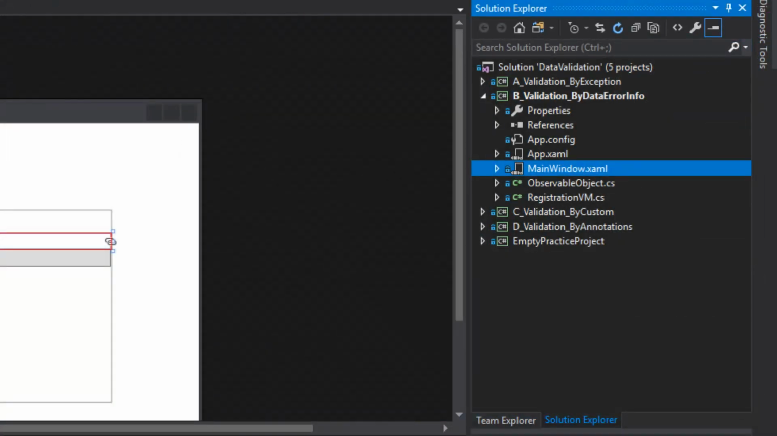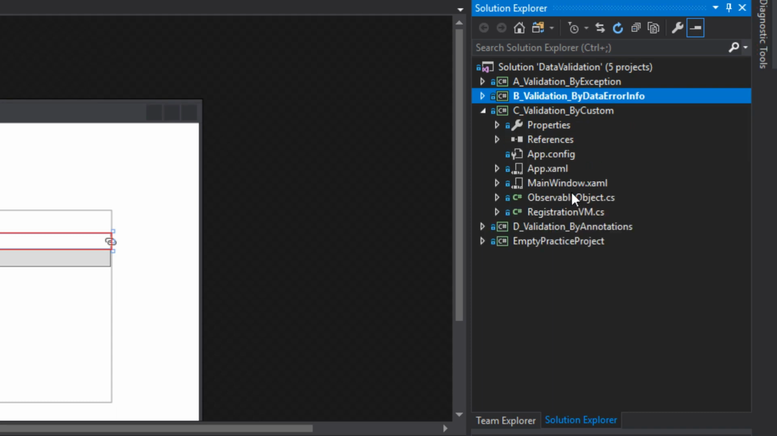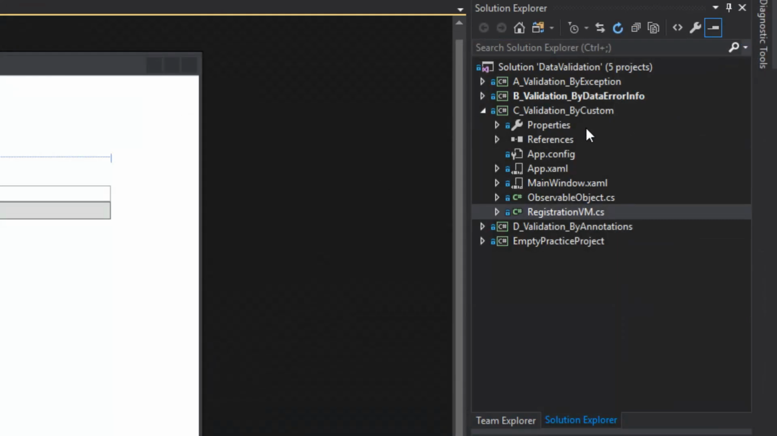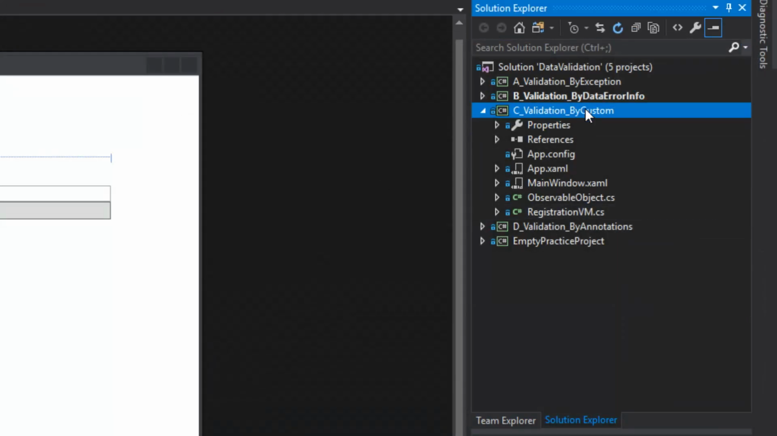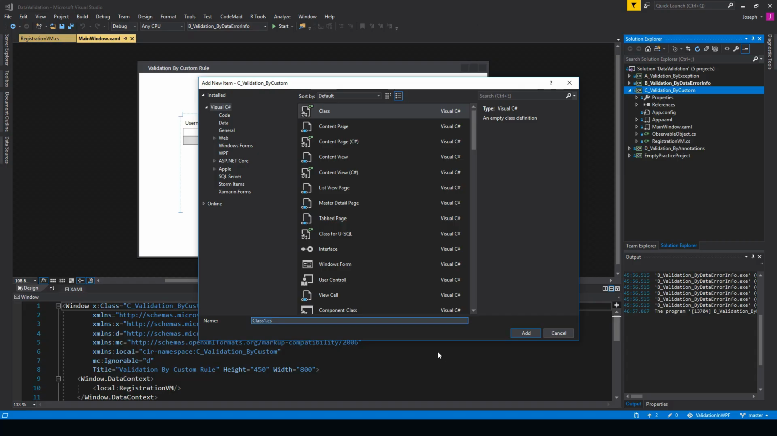Now the next project we want to work on here is go over to our validation by custom. And again, we have the same layout as before. And now in this case, we're actually not going to really need to touch our view model at all. We're going to go over here to our project and we're going to add a new class. And we're going to name this new class here minimum character rule,